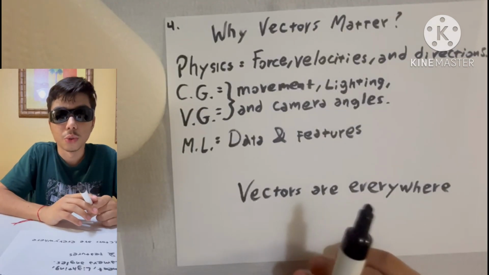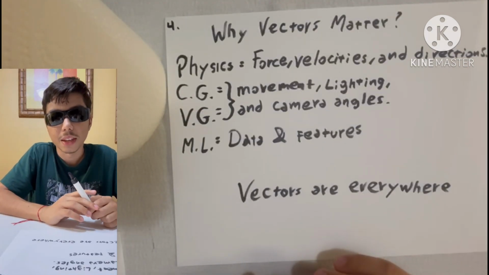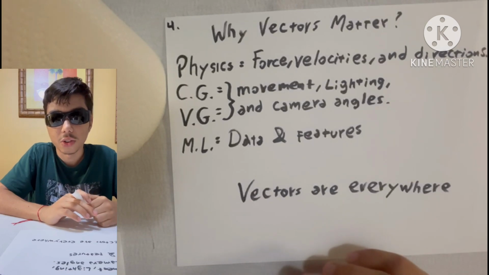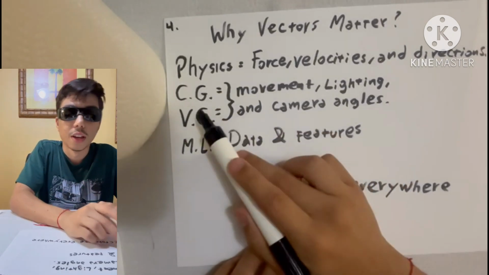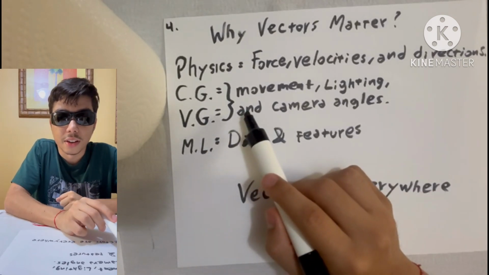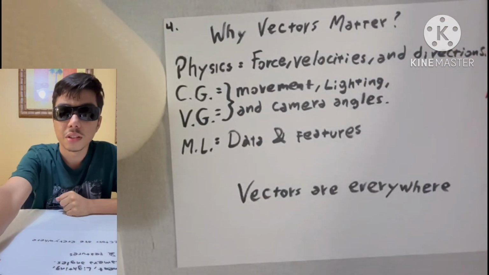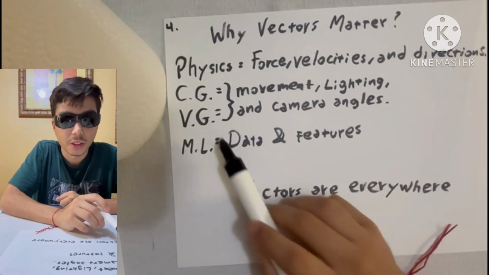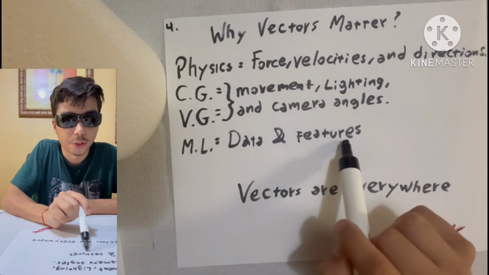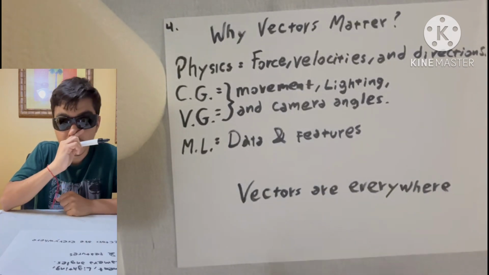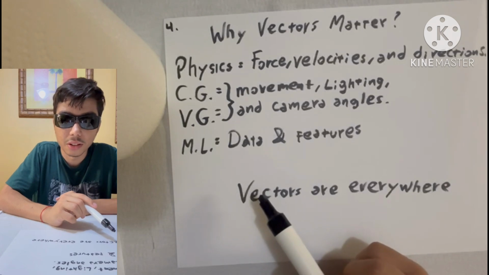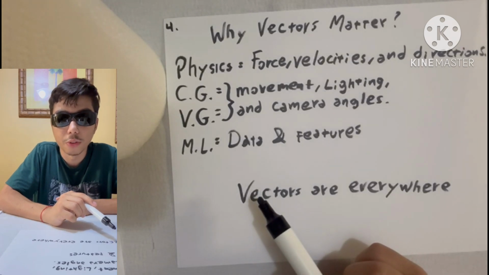So why should you care about vectors? In physics, they represent forces, velocities, and directions. In computer graphics and video games, they handle movement, lighting, and camera angles. In machine learning, they represent data and features. Vectors are everywhere, and once you start exploring them, you will see how powerful and